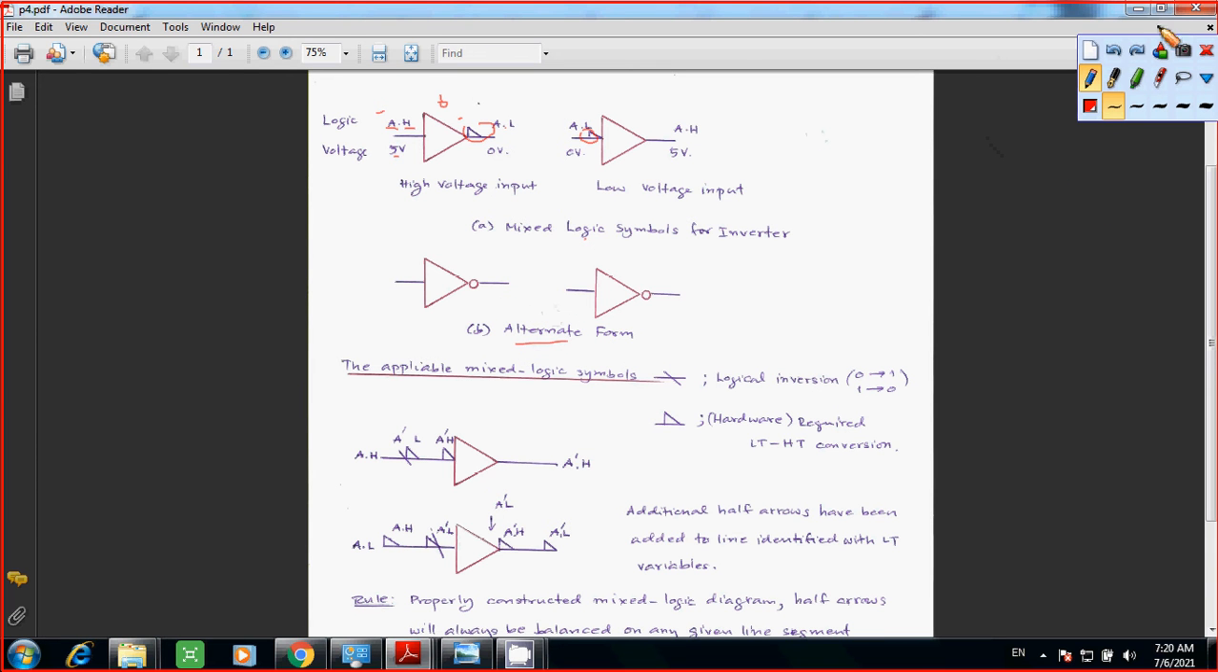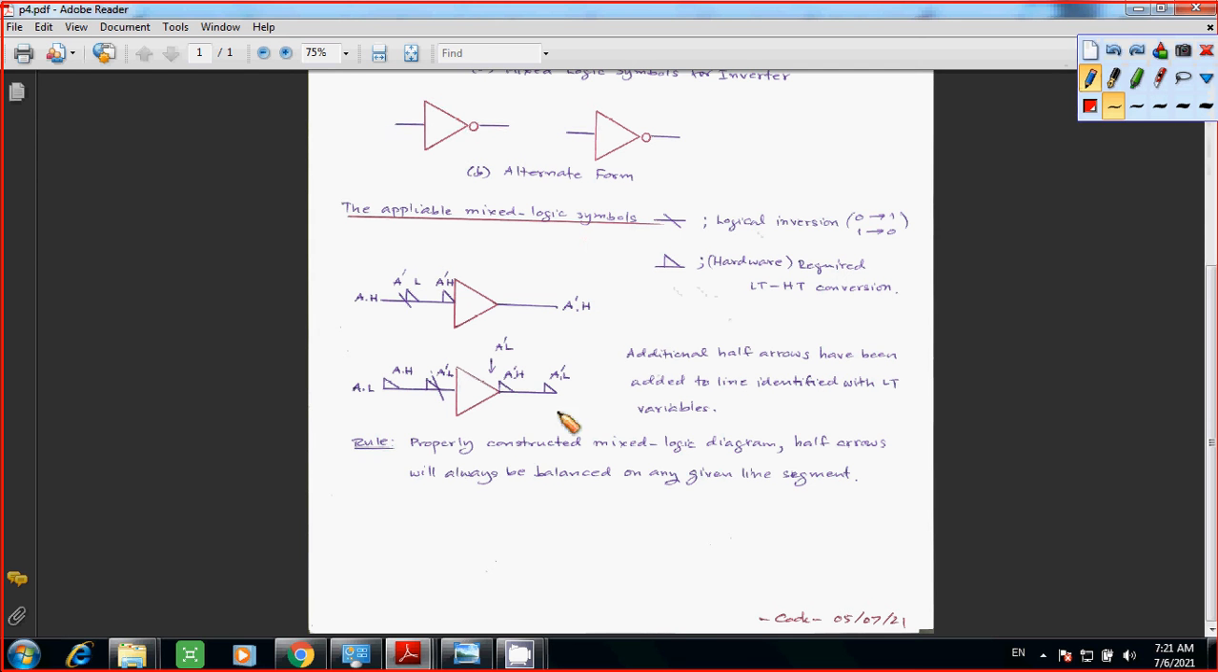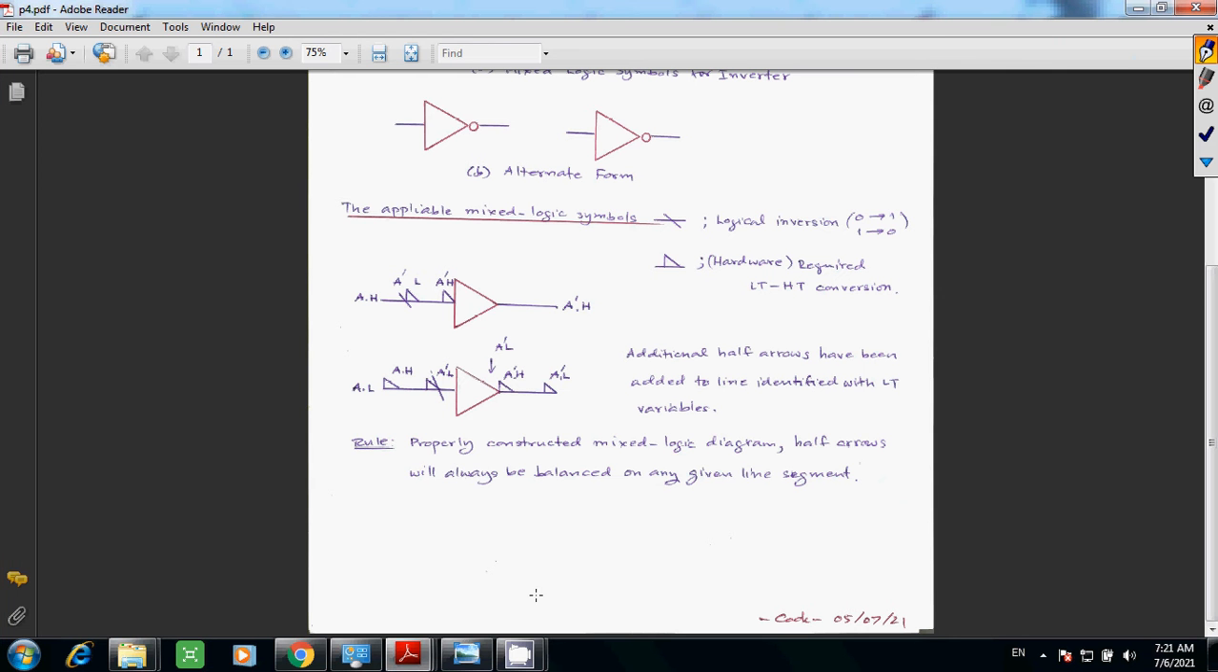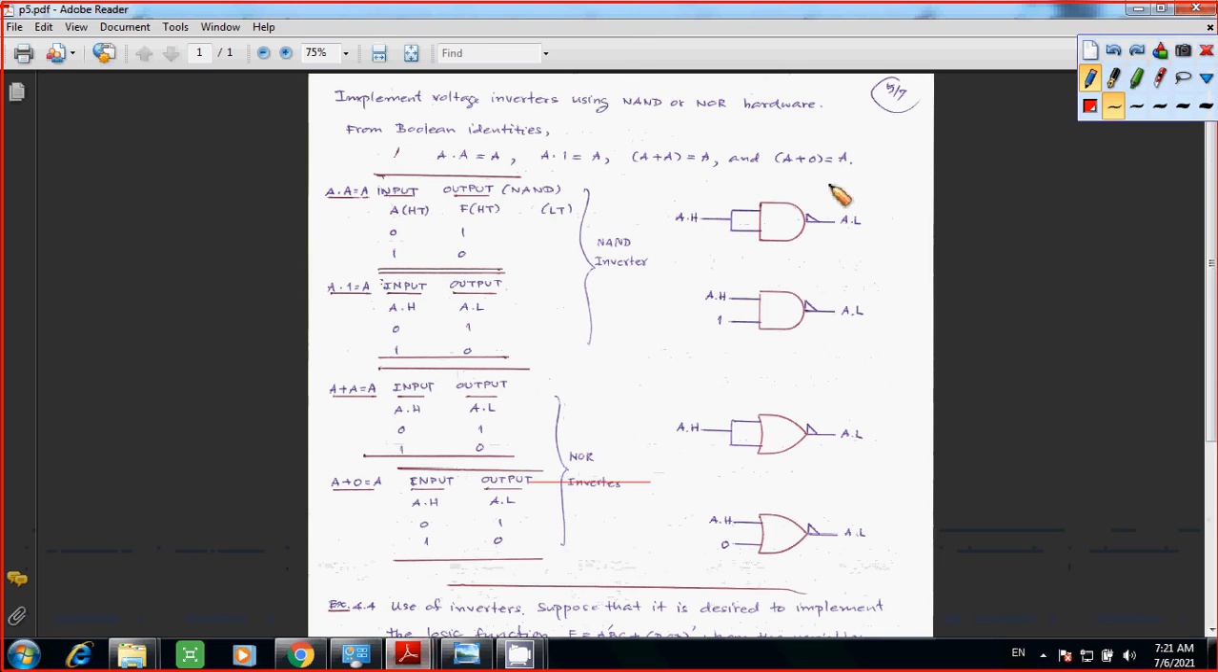So again, the reason to add the inverter to your circuit is to balance any given line segment. To make sense, that means in terms of supposed to have the same voltage throughout the line or the wire. Now take a look at more examples of voltage inverters. Implement the voltage inverter using NAND or NOR hardware